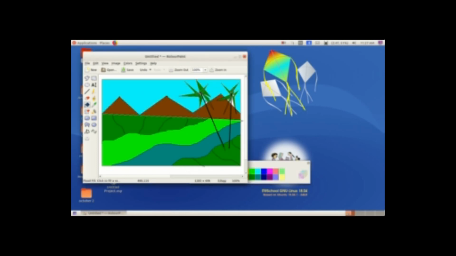So now all the color is over. Now the only thing you have to do is save by giving the file name. So our picture is over. This is how we have to draw using color paint.